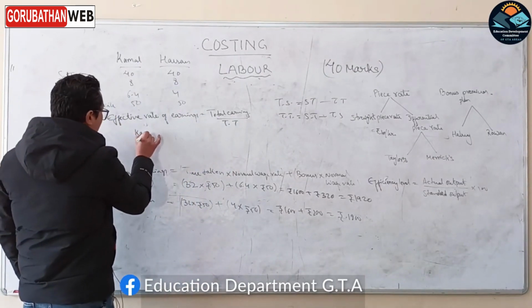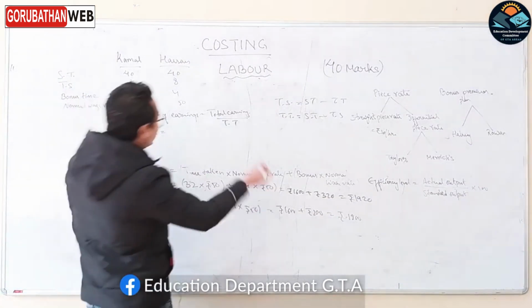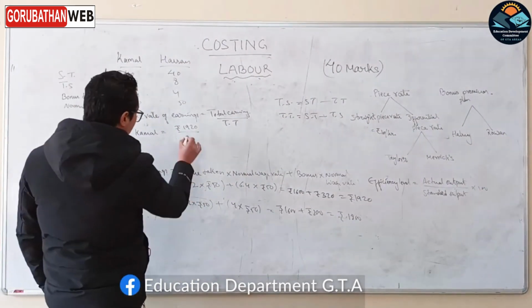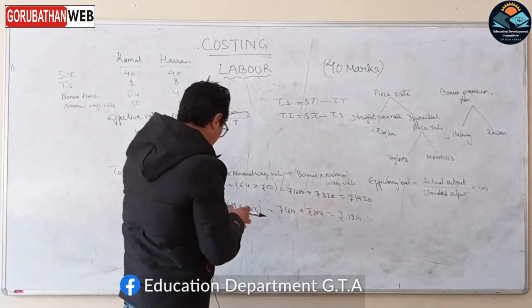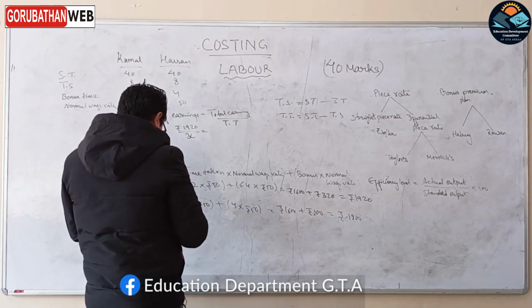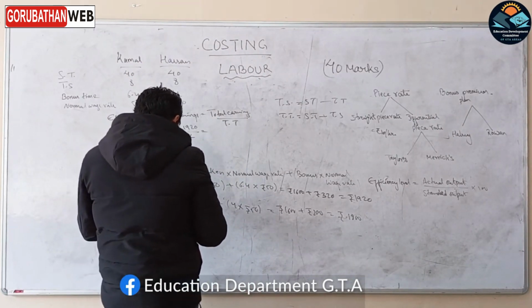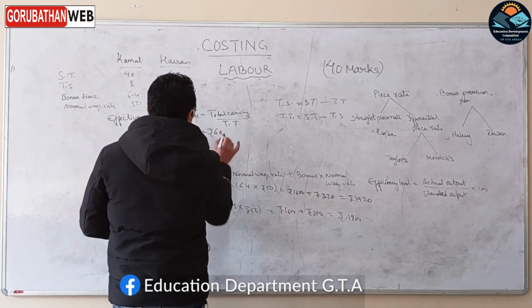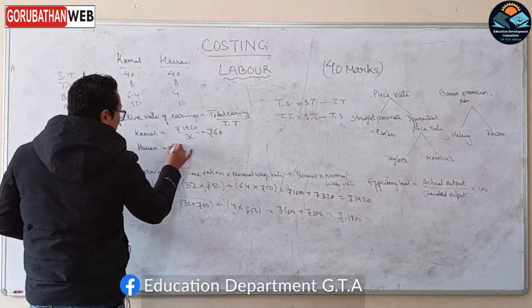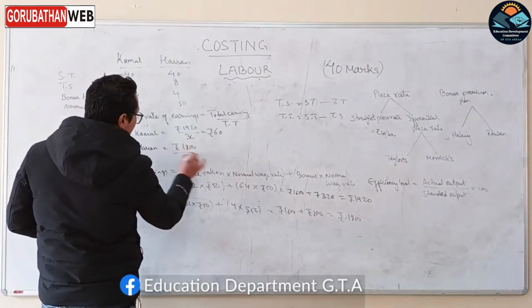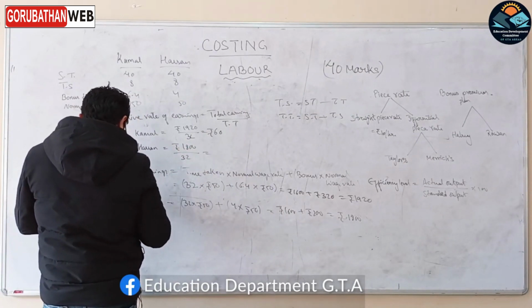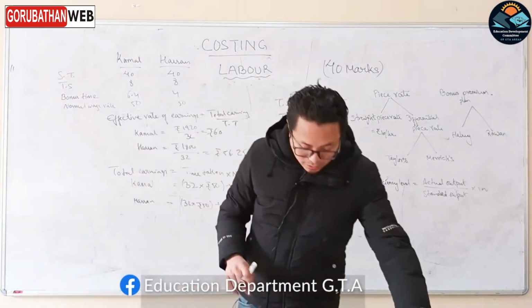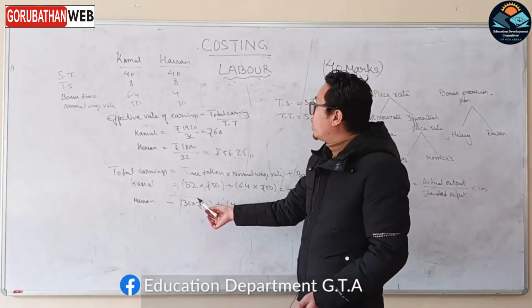अब पहिला फेरि कमलको हेरौँ। कमलको टोटल अर्निङ हेऱ्यो भने ₹1920 हो, उसले टाइम कति लियो भन्दाखेरि टाइम टेकन यहाँ 32। यसलाई फेरि क्याल्कुलेट गरौँ। ₹1920 डिभाइडेड बाई 32 गर्दाखेरि आयो ₹60। अब हसनको क्याल्कुलेट गर्दाखेरि हसनको अर्निङ्स 1800 छ, उसको टाइम टेकन 32 नै हो, सो 1800 डिभाइडेड बाई 32 विल गिभ 56.25।